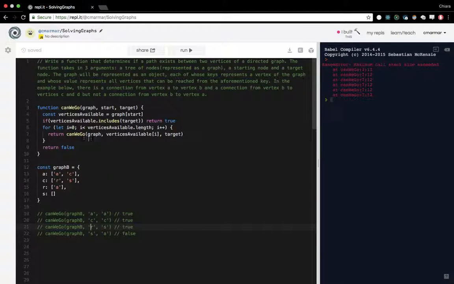So we don't actually want that to happen. But why is it happening? Basically, it's because A is self-referential at the beginning. And that's leading us to just stay stuck there, basically. If we console log vertices at I,